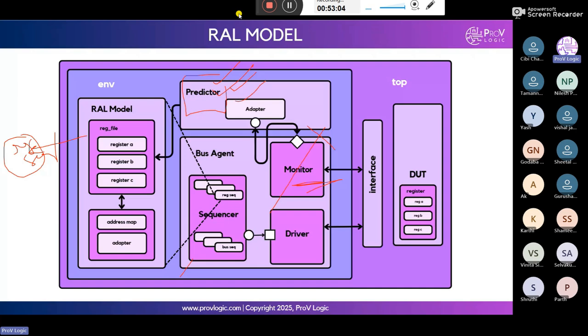Internally, the system will predict the data from the monitor, which is binary data. But binary data will not be accepted by the register model, right? That is the limitation with the automatic predictor. In explicit prediction, we use this predictor externally. In automatic prediction, we don't have this block diagram. Only in explicit prediction do we have this diagram.